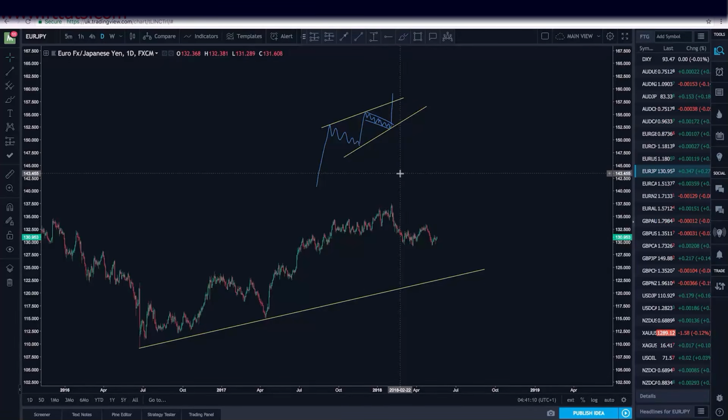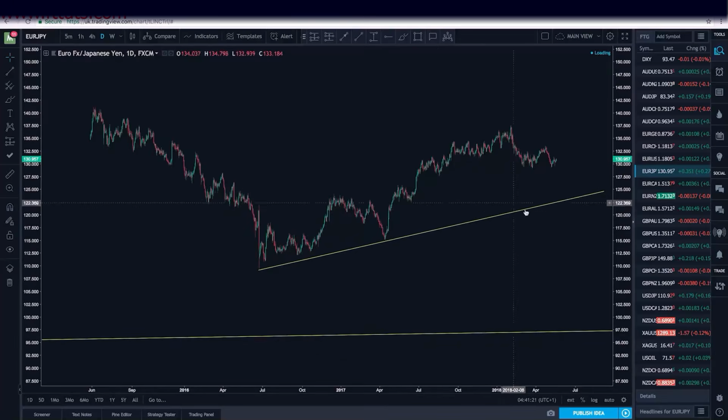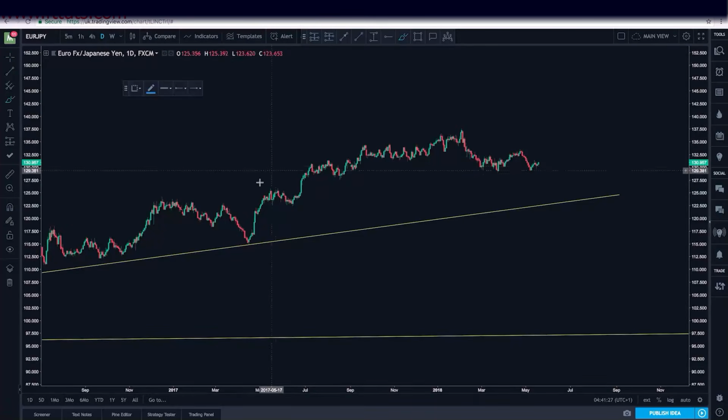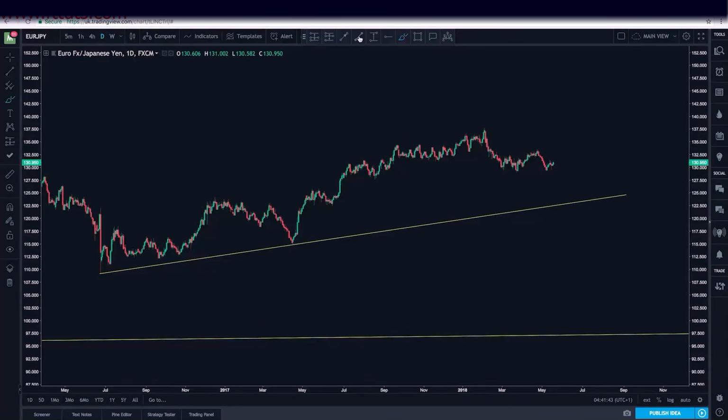So now that we understand how to evolve with the market, let's take a look on the chart of how that would look like and how we could progressively tie in all the key components that you've learned so far. So let's take a look at this on Euro Yen. If we focus on natural progression within the market, and we're looking at this area here, we have our impulse, our correction, our impulse, our correction. And as you can see, we then move into a correction, just an extension of a correction. So let's say, for example, we were looking to take this to the upside. So we've had our impulse, we've had our correction, we're looking for buying opportunities within here,